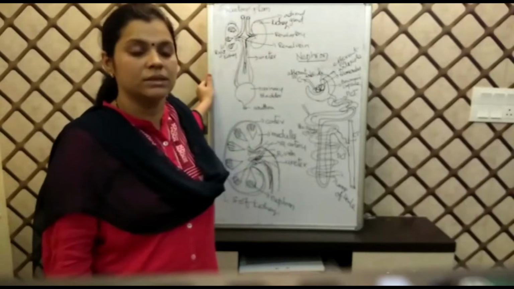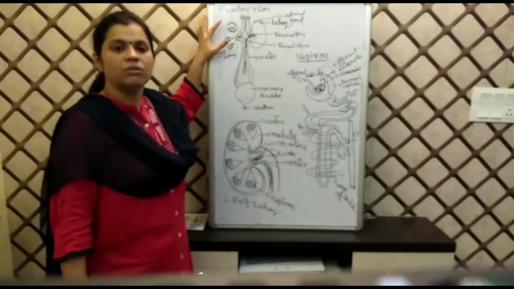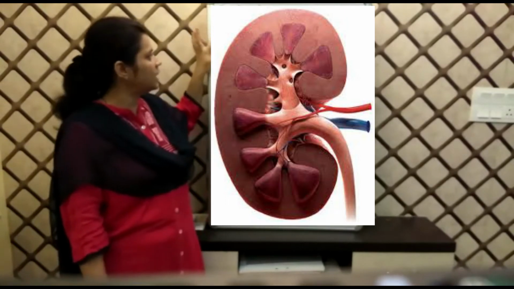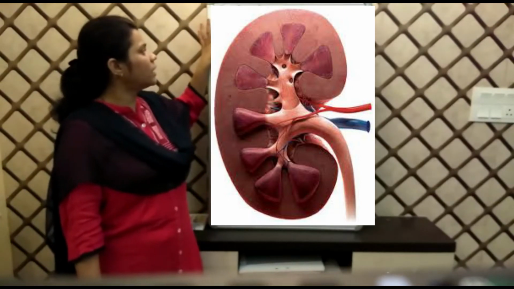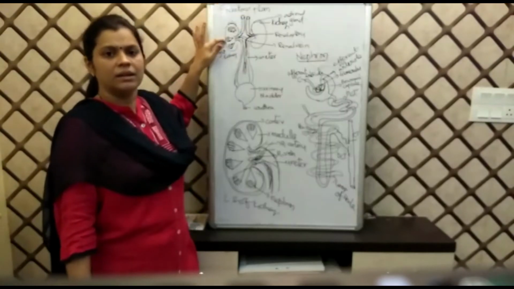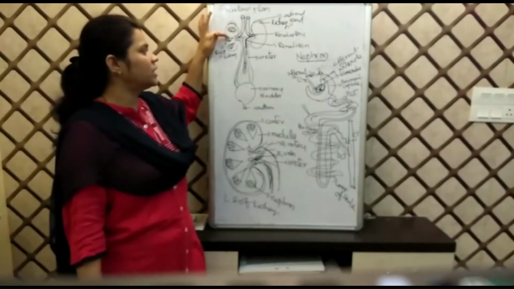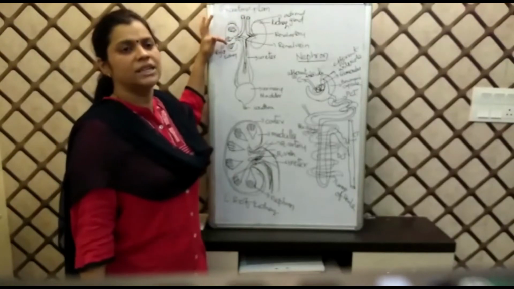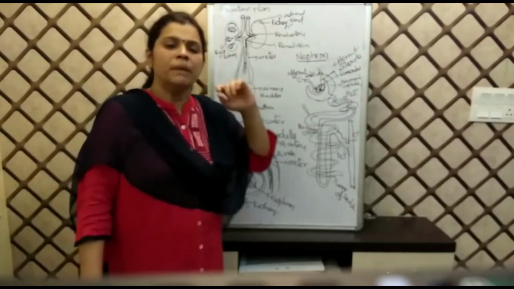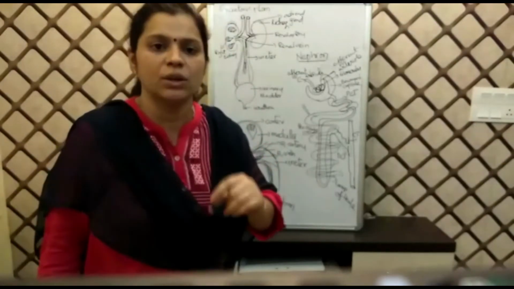Now, if we see the structure of the kidney, each kidney measures around 10 centimeters in length, 5 to 6 centimeters in breadth, and 4 centimeters in width. And we have a fissure or hilus, the entry point where the renal artery, carrying oxygenated blood loaded with waste materials, enters each kidney, and the renal vein collects deoxygenated blood. Inside the kidney we have millions of tiny microscopic structures called nephrons, which are the filtering units.